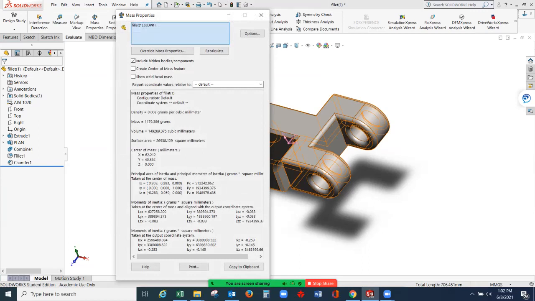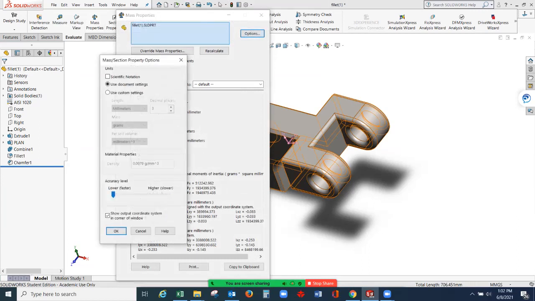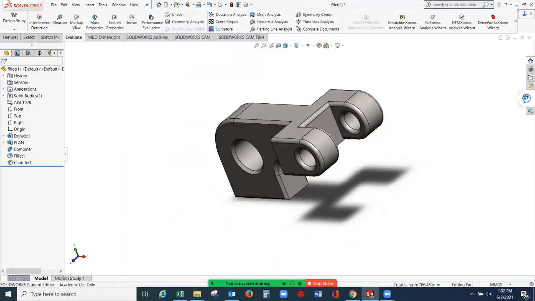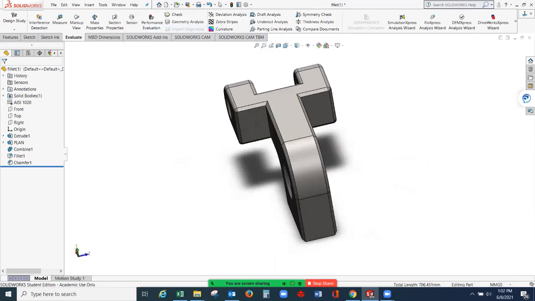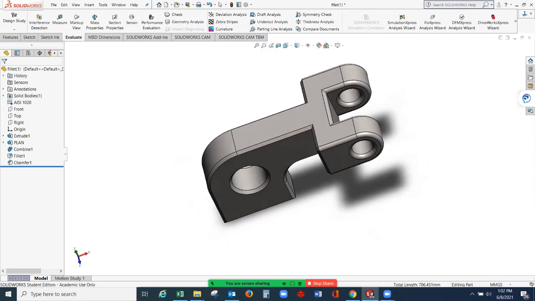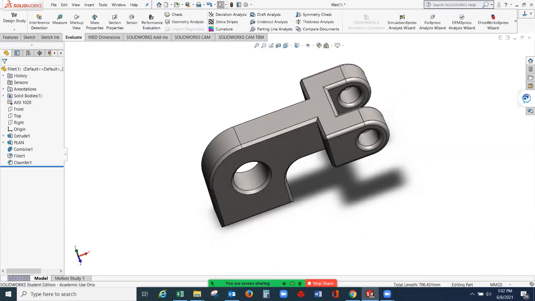I can change it into 2 decimal places by selecting options, use custom settings, reduce it to 2 decimals, apply, OK, and then that's it. So the answer is 1179.39, upon removing some of the edges, refining the edges using the fillet and chamfer commands.